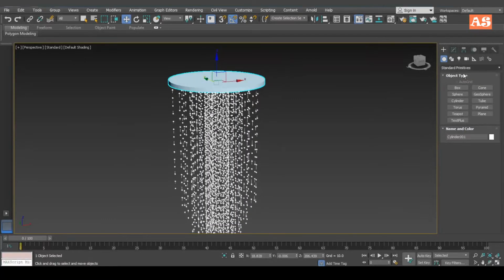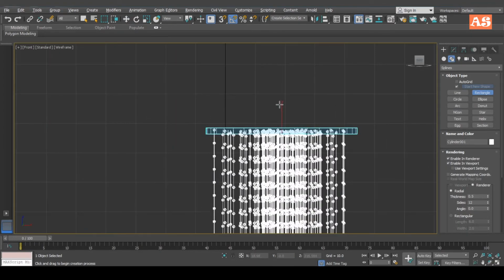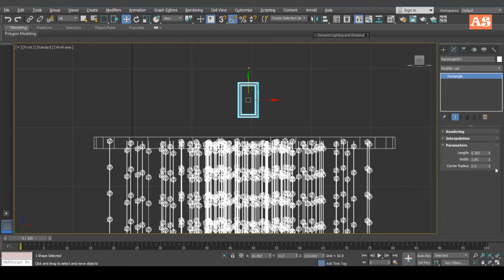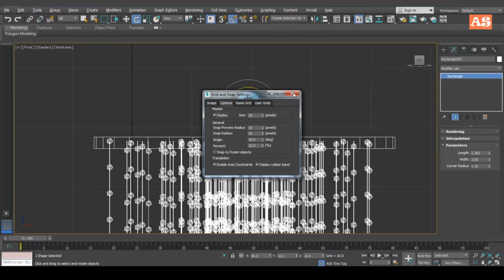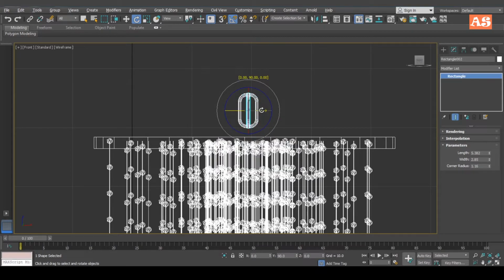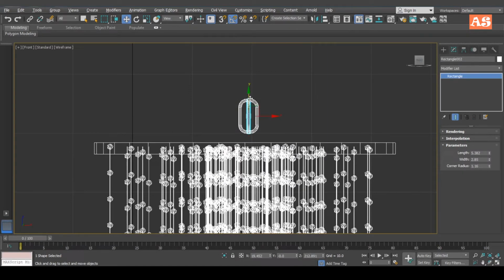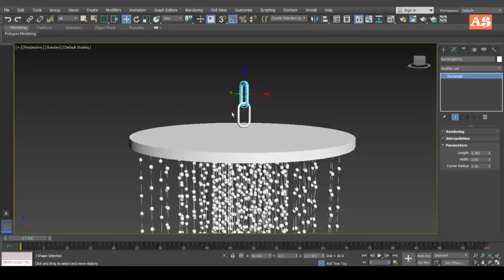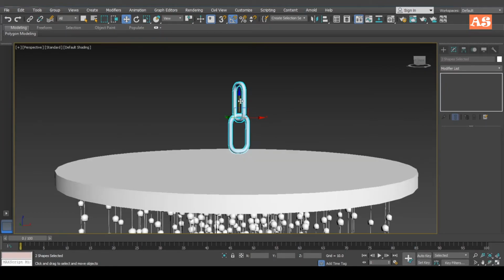And I want to take a rectangle and adjust the corner radius of this object. Place it here, hold shift and turn on the snap toggle button, and shift plus rotate this object. It will create a copy of this object with angle snapping. Okay, shift copy this one too